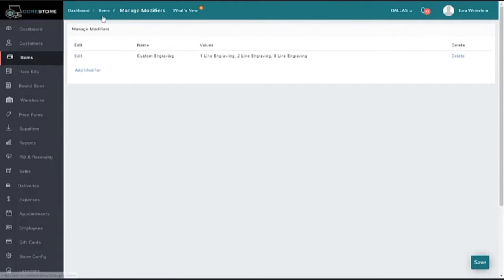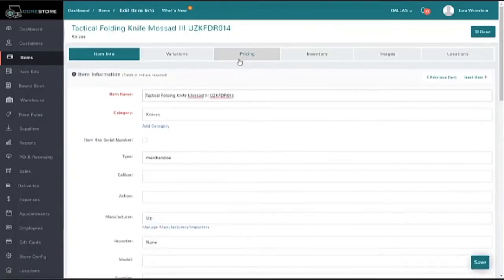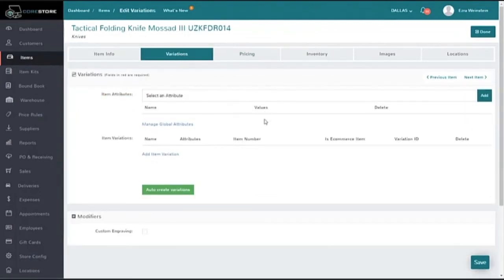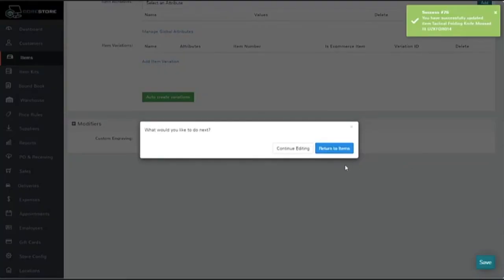So now the next step is, once you define your modifiers, you need to associate the modifier to an item, or you can do it to multiple items. Again, you've got to set it up item by item. So I just chose this particular folding knife. I'll go into my variations screen, and when I click the variations tab, at the bottom I have a choice called modifiers. So this is where I can specify this modifier, and I can hit save,